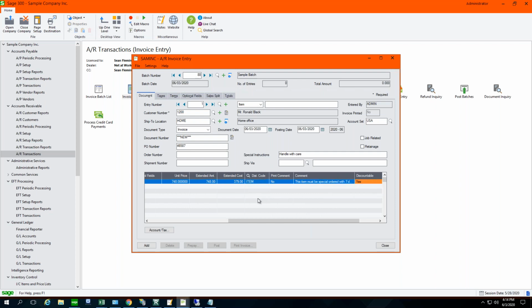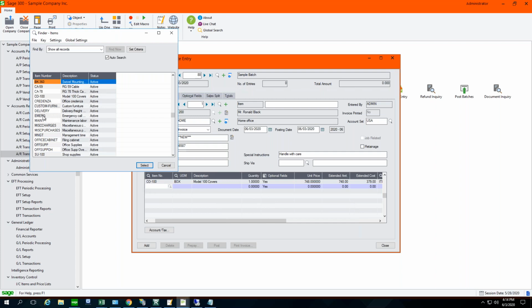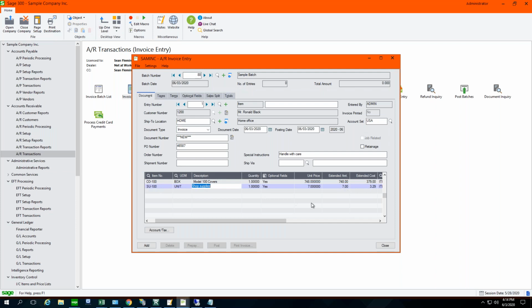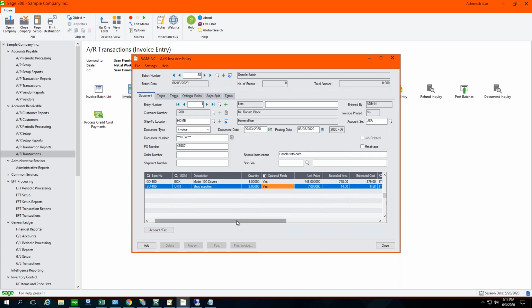Okay, so if I want to add a new one, I can hit the insert key, hit my F5 key, or use the mouse and put in whatever item it is that I want. Optional fields are also available within AR as well. Once you've added the items, you can go ahead and hit add, but you can also look at,